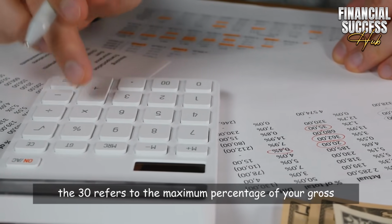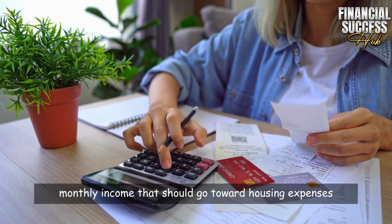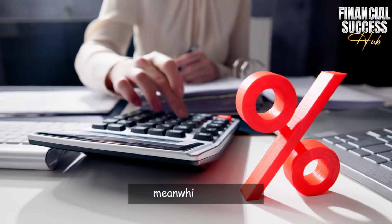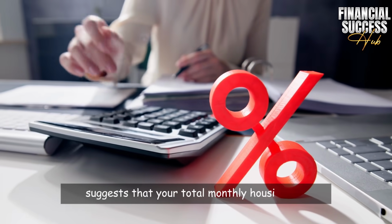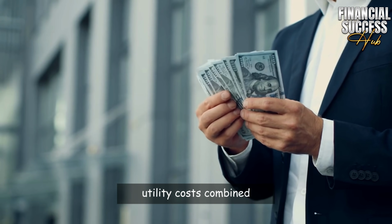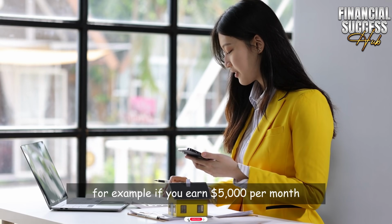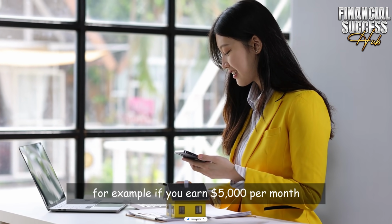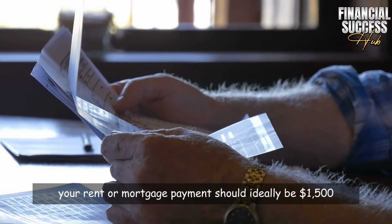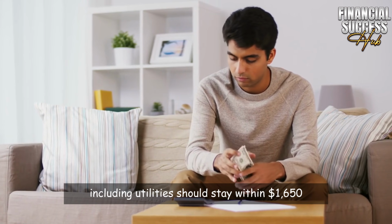The 30 refers to the maximum percentage of your gross monthly income that should go toward housing expenses, such as rent or a mortgage. Meanwhile, the 33 suggests that your total monthly housing and utility costs combined should not exceed 33% of your income. For example, if you earn $5,000 per month, your rent or mortgage payment should ideally be $1,500, and your total housing-related expenses, including utilities, should stay within